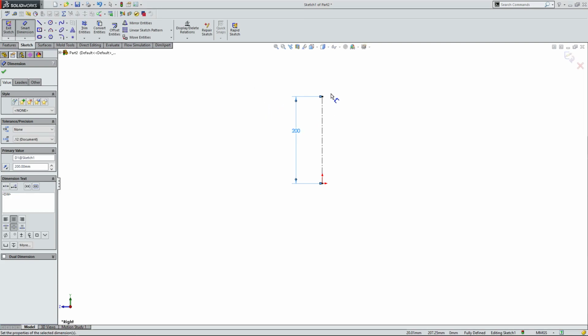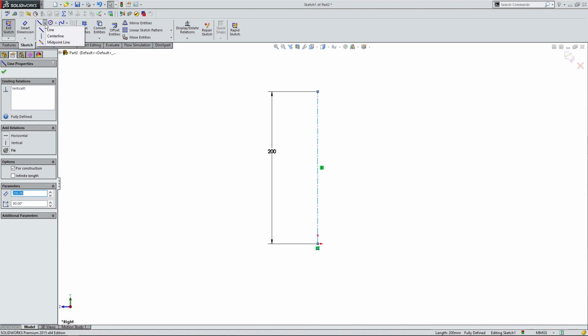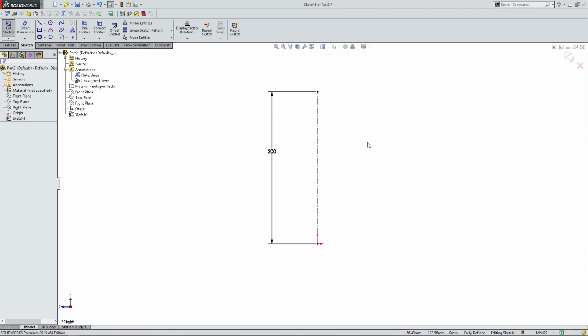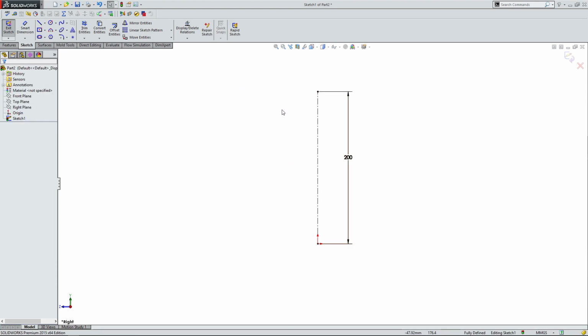Okay, great. So what we've done here is, obviously we created a line on the origin. This is a center line. It's a dotted line that can be used to revolve the shape of our bottle around that we're going to design. And so now that I've created my dotted line, the next step would be to create the profile of